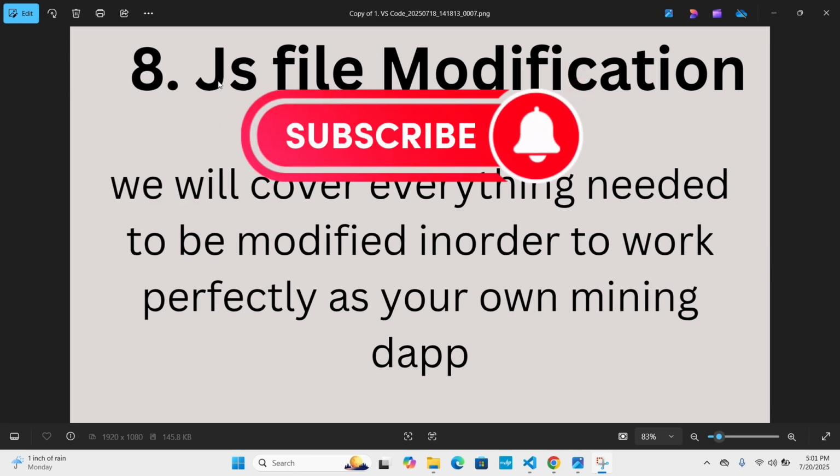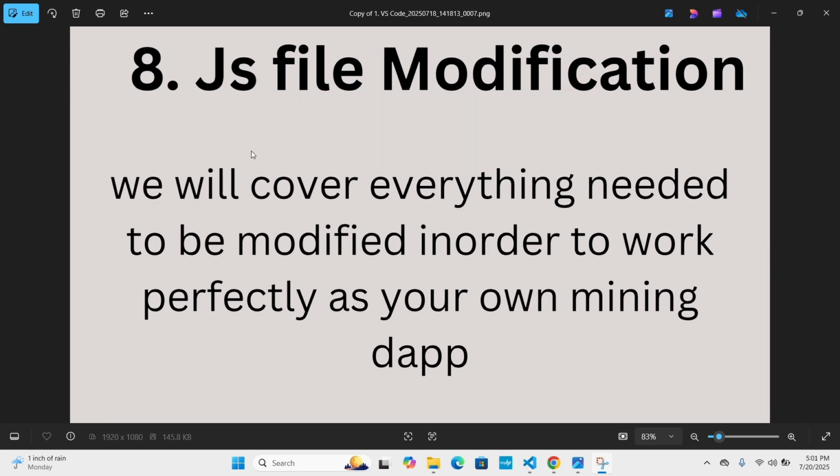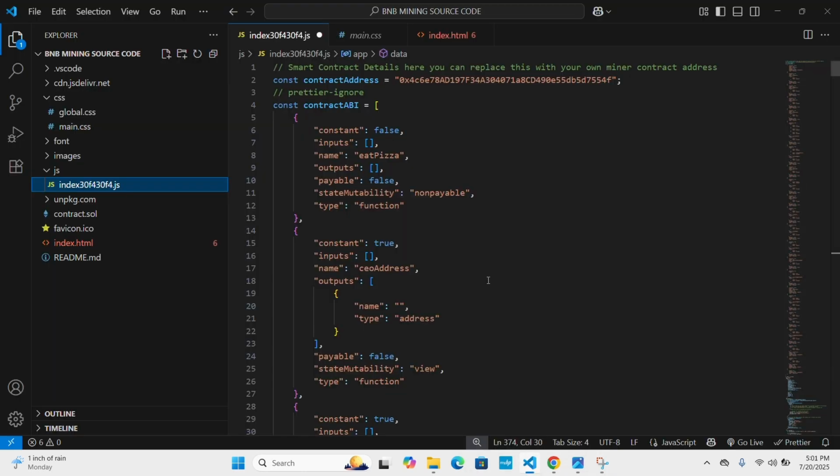So this is what we have here: JS file modification. We will cover everything needed to be modified in order to work perfectly as your own mining dApp. All right. So when you get to this point, all you have to do is to head over to your Visual Studio Code. Then you guys can see we have successfully replaced it with your own smart contract address. So the first thing you should do